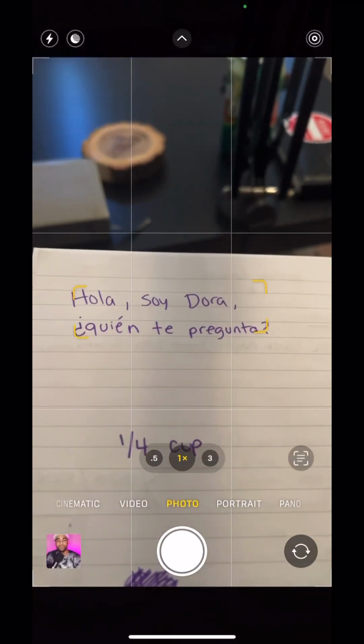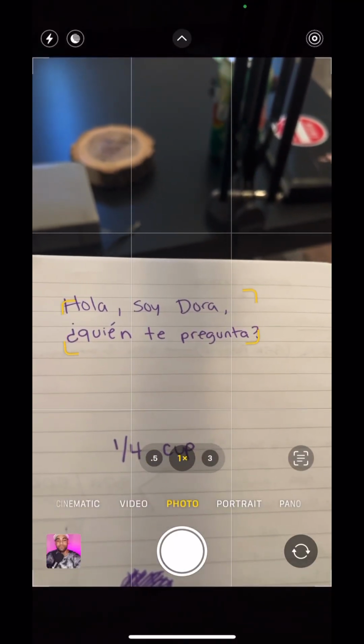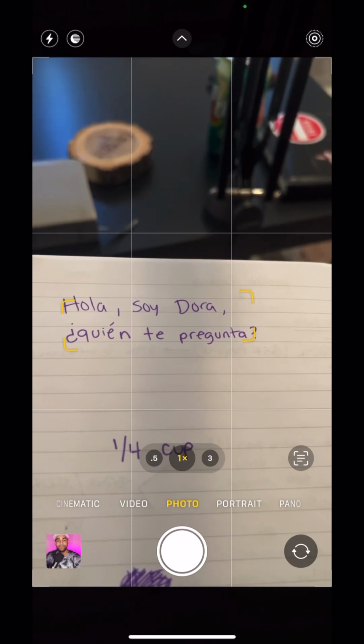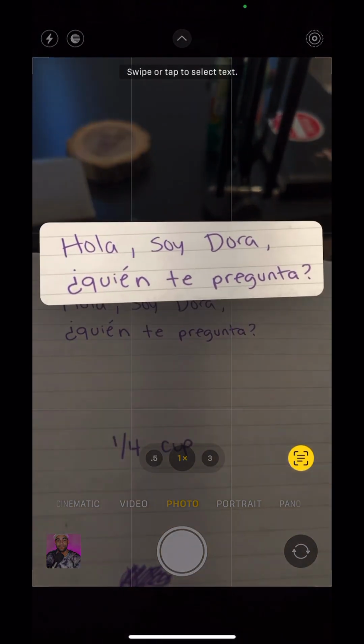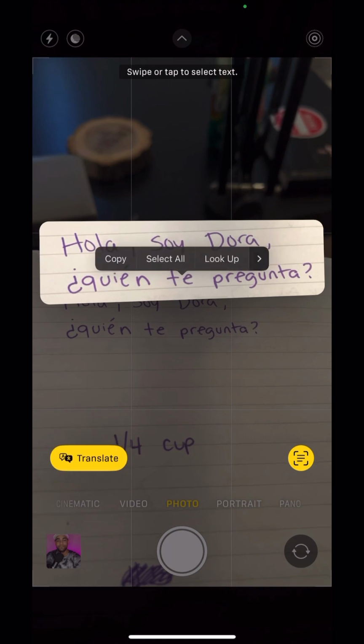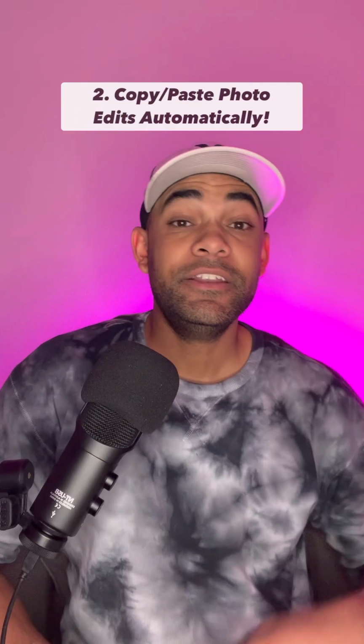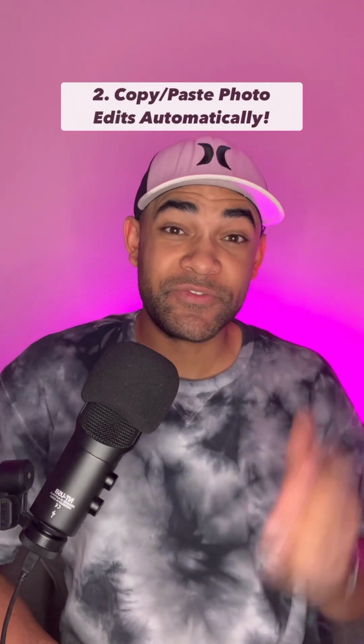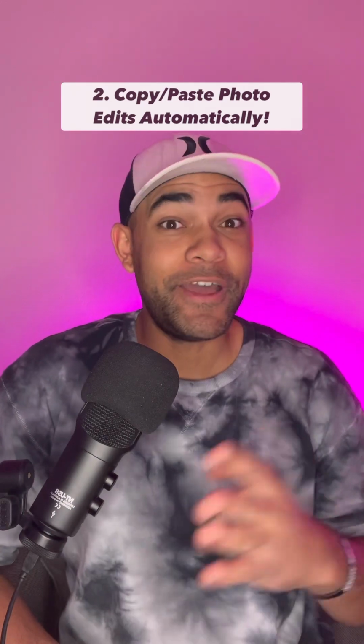This one's super easy. With your camera app, hover over text, tap on the square on the bottom right with these lines in it, and then tap translate on the left side. Boom. Number 2, you can copy and paste edits from one photo to another photo without having to do it